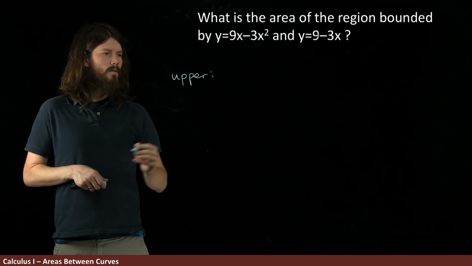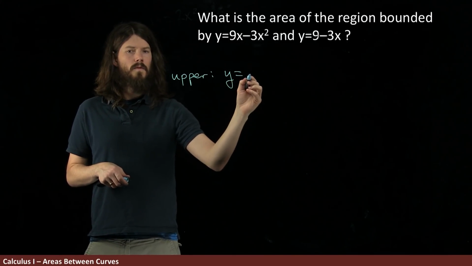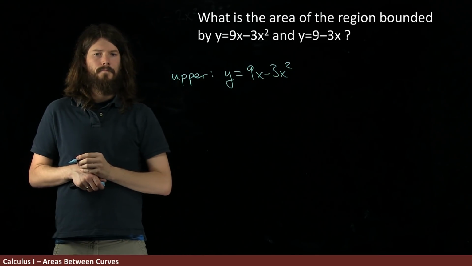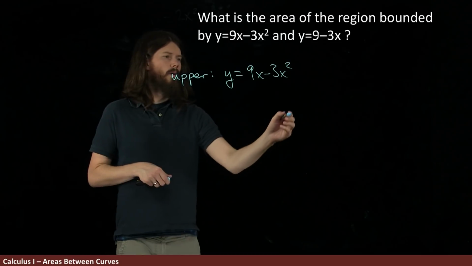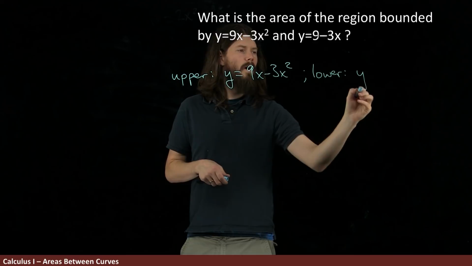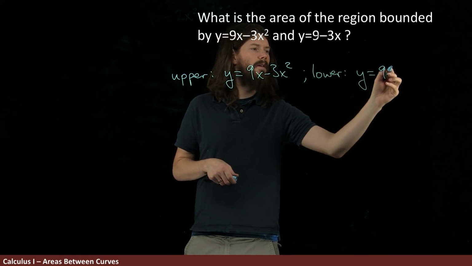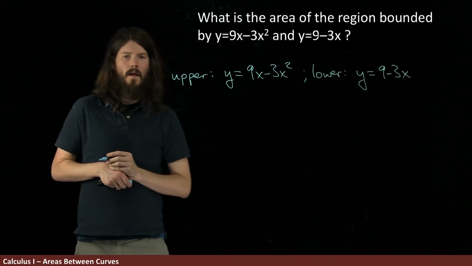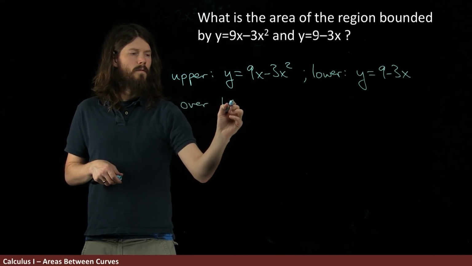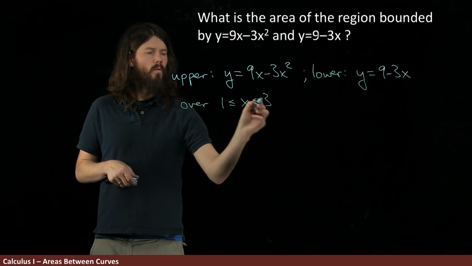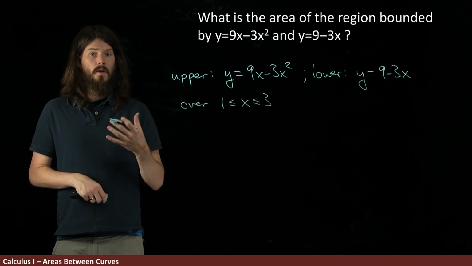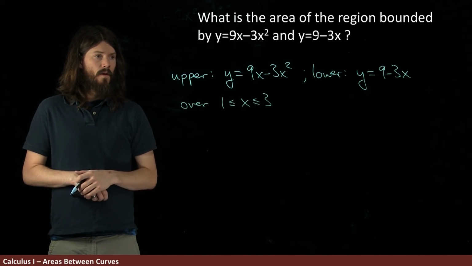Our upper function was y equals 9x minus 3x squared. Our lower was a linear function, y equals 9 minus 3x. And this is over the interval 1 to 3. So the area between these two curves, again, using the result that we've discussed, we want to